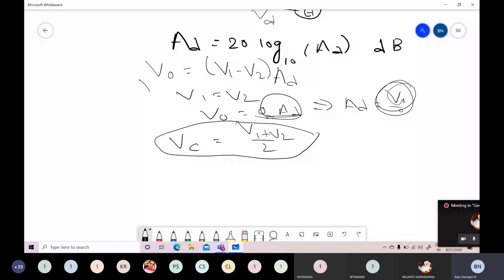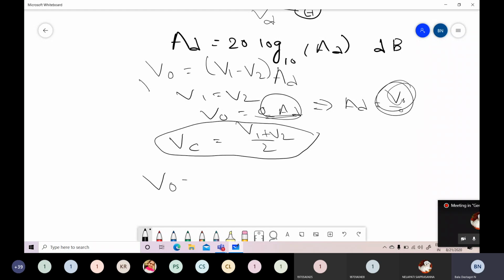If an operational amplifier or a differential amplifier is working, even if you are giving 0.1 volts, it has to be amplified, but it would be 0. For this reason, not only a differential signal is present, but a common mode voltage is also applied between the two input voltages, where VC is equal to V1 plus V2 by 2. Practically, the differential amplifier produces an output voltage proportional to the common mode also.